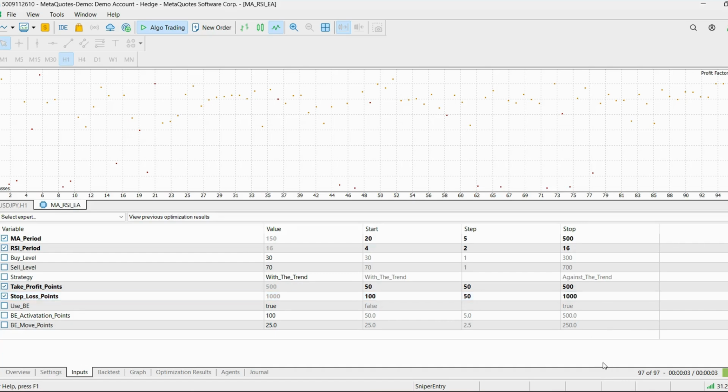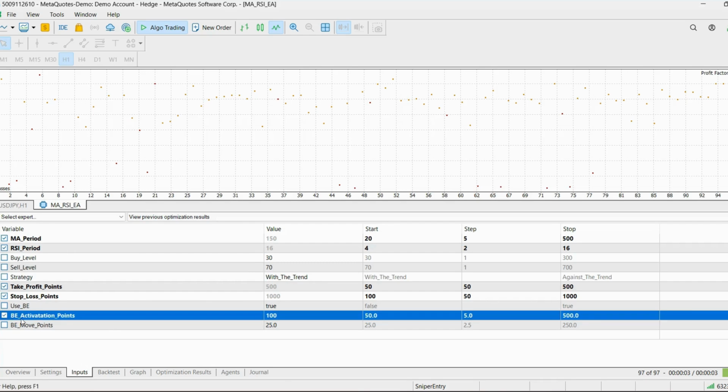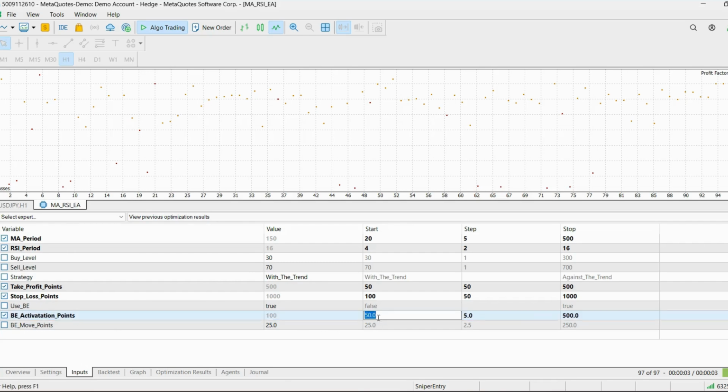And by adding these two input parameters to be optimized as well, you can see that we have increased our number of combinations to this huge number, 129,000 different combinations. So that's quite a lot. And let's say that we want to use the break even. We want the break even to be,